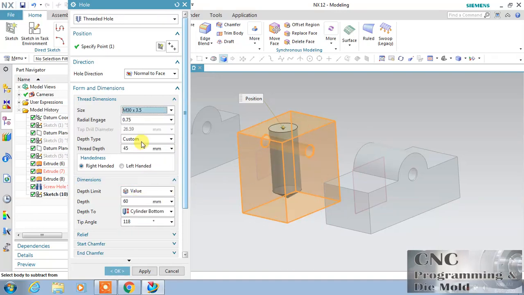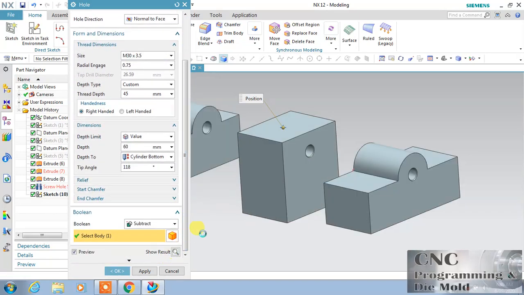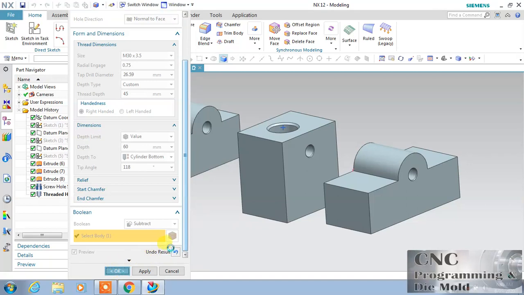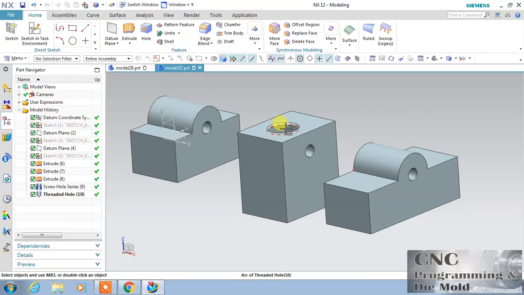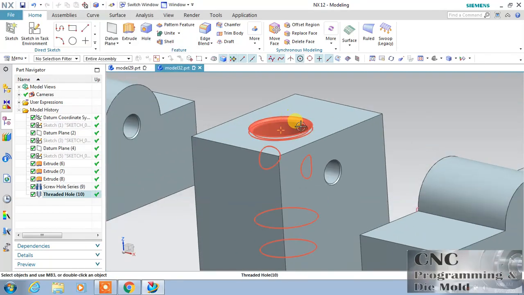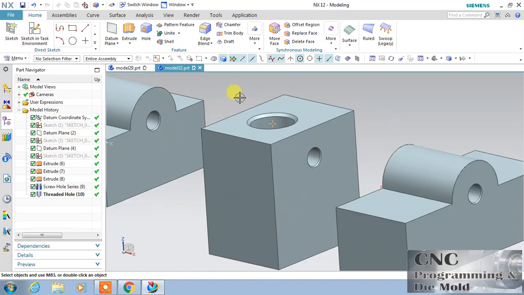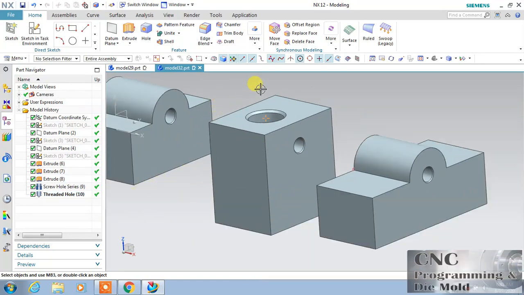Just click, and the basic other values are the same. Just click OK. This is my threaded hole, and in this threaded hole, the threading will show in the drafting mode. When you create the drafting of this part, at that time you will see the thread.